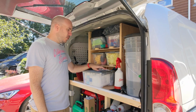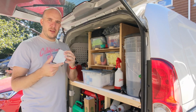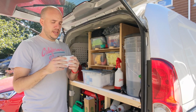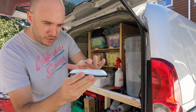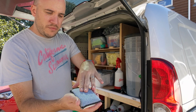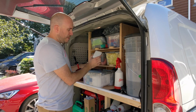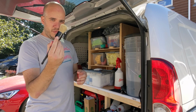Now on Instagram and Facebook a lot recently I've seen these things being recommended when people have asked, what do you use to clean your dash and the plastics? They're kind of like microfiber scrubbing pads. You've got quite a long open fibrous texture on this side and then a closed traditional microfiber weave on this side. And really, people seem to be using this where I would have been going about it using a boar's